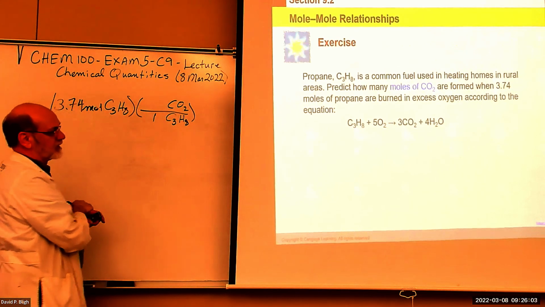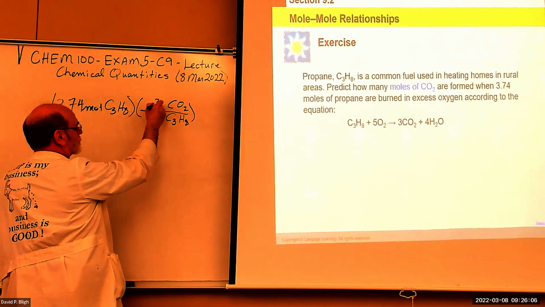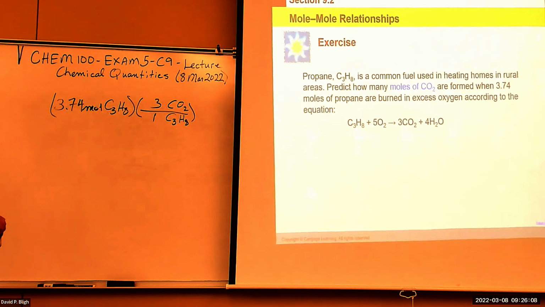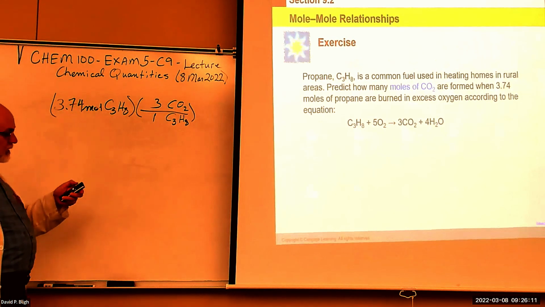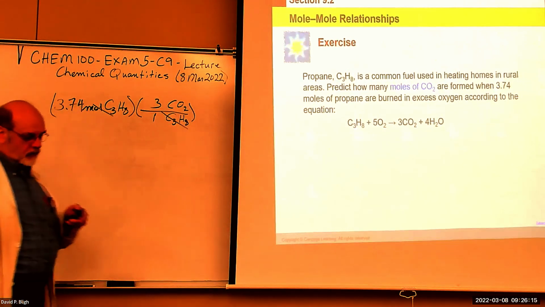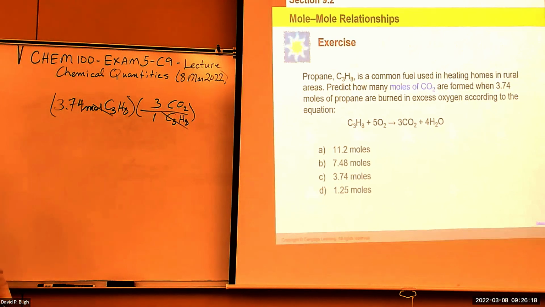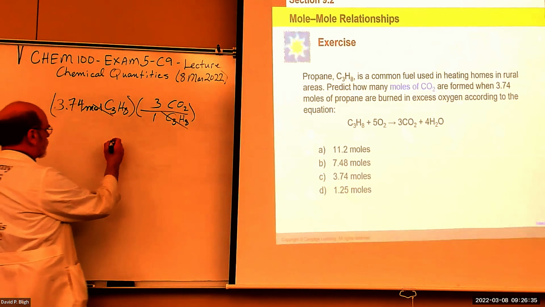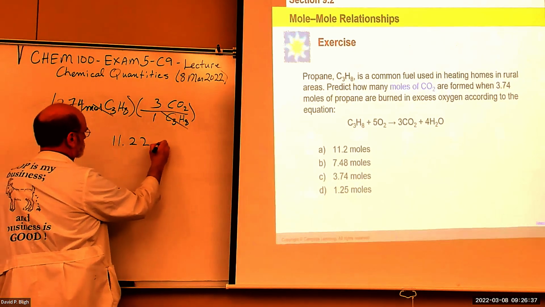One of these will produce 3 moles there. So 3 times this value will be the answer and give us how many moles of carbon dioxide are produced. Oh, I guess we're going to have to do the calculation. Let's see, 3.74 times 3. So I get 11.22